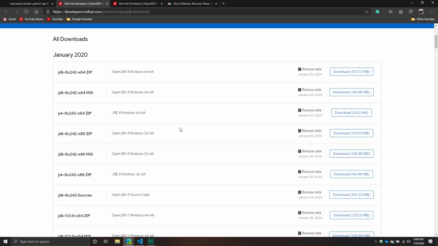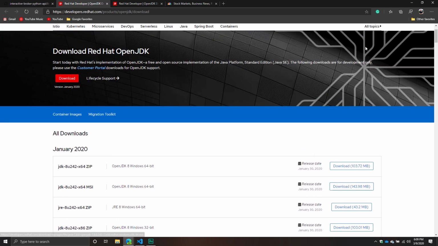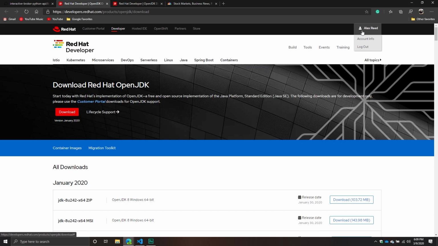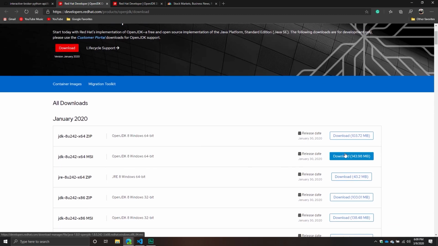Now, what you want to do is go down to the second option. This is the OpenJDK 8 Windows 64-bit. I'm on 64-bit. Most people are on 64-bit, but if you're not, there is a 32-bit option as well. You're just going to want to go over here to the download and then click it. This is assuming you're logged in though. If you're not logged in, it will prompt you to log in, and once you log in, it will redirect you back to this page. If you do not have an account, you will need to create an account and then navigate back to this page. But again, it's still the same. You're still going to download it just like this. So if you just download it,